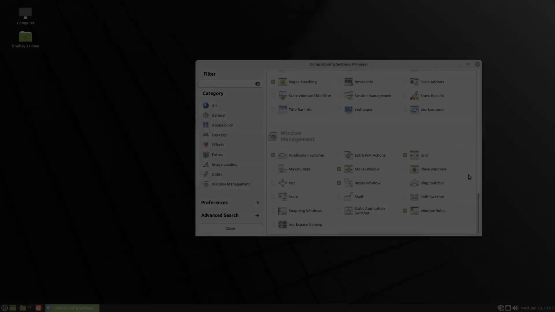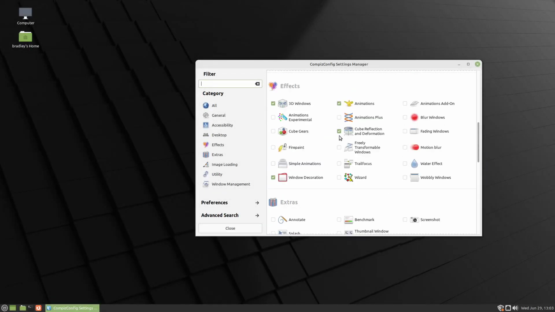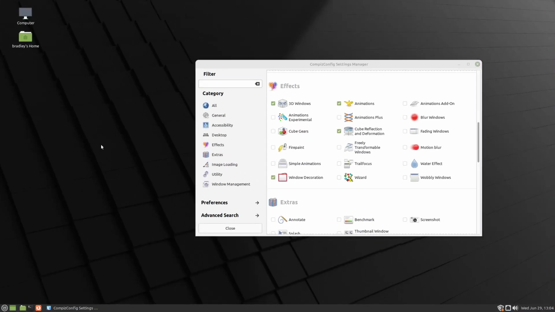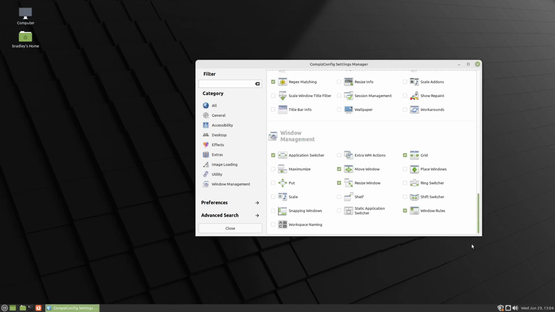And down to the last category, which is window management. And before we do that, I've only got the one corner, which is this bottom right corner, because as I mentioned before, this is a virtual machine, and that's actually Compiz working there on my system in the background. And I'm using the other three corners on that system. So what we're going to do is just come up and disable Expo for the moment. We'll come back down. We're going to enable scale,